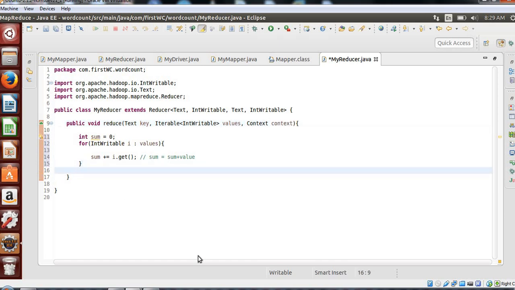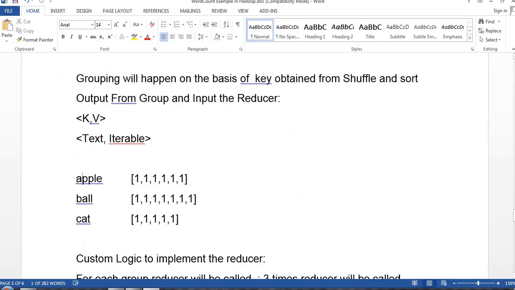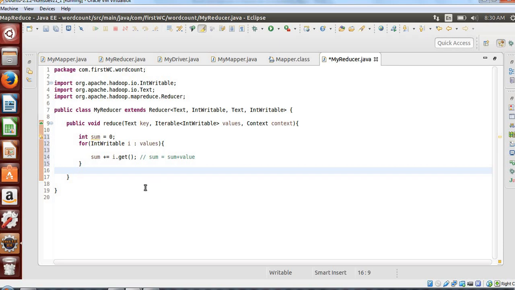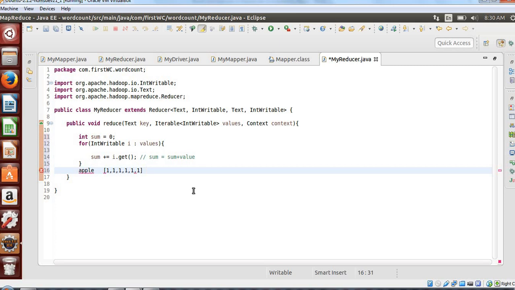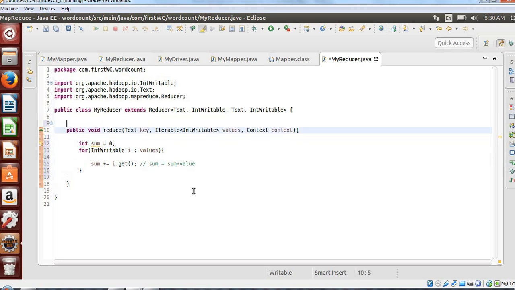So for each line we'll get it like that. Let me copy one of them. Likewise we have this, so I'll copy this, Control C, paste. This is what you will get here. This is the Iterable of IntWritable, and we just did a summation.